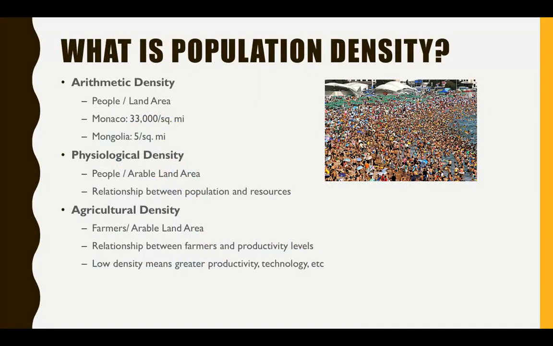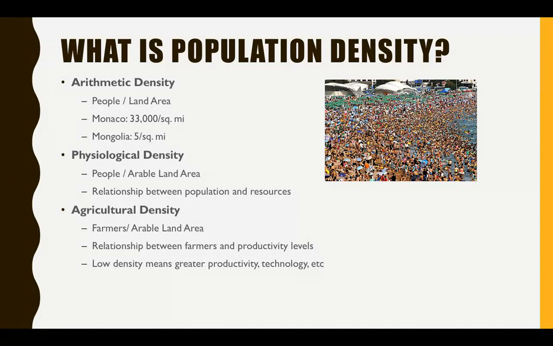We also have multiple ways to measure density and population density in the world. We have arithmetic, physiological, and agricultural. All of this you also had in your guided reading as well. We went a little bit more in depth on physiological and agricultural. Arithmetic density, though, is just basic: how many people per amount of land. All right, so the most densely populated country in the world is Monaco,